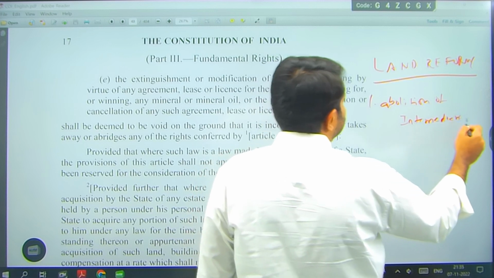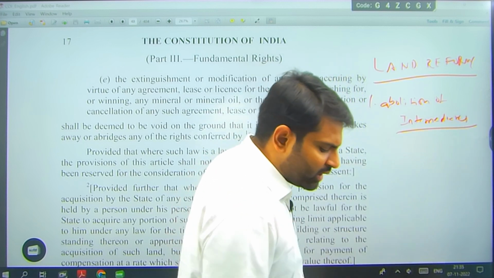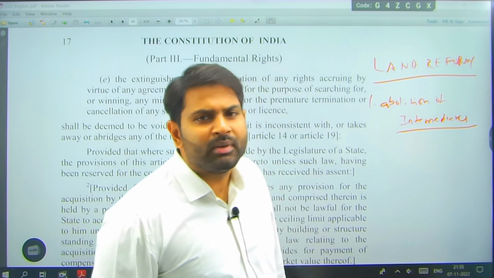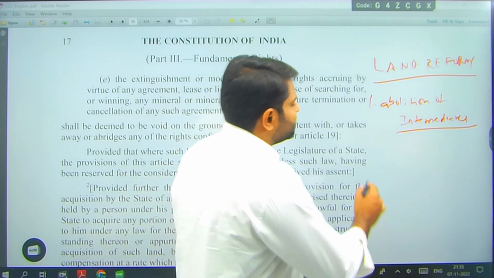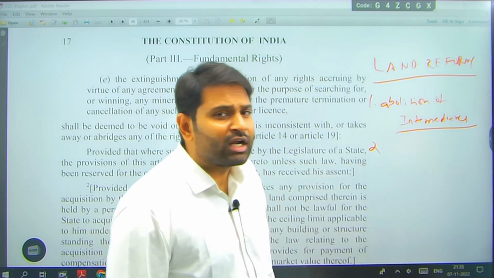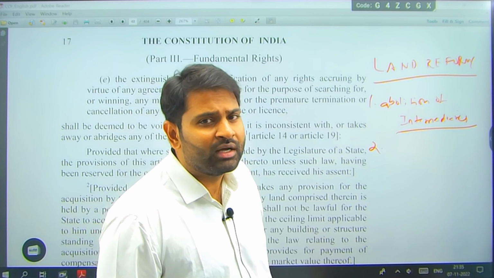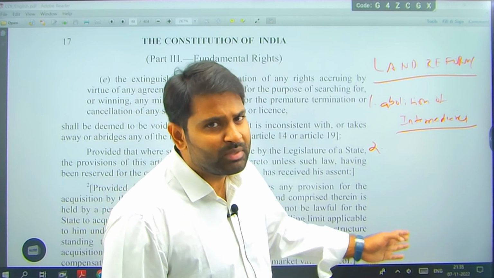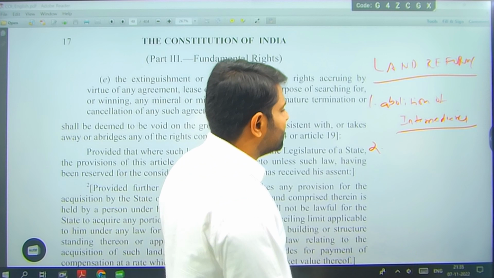I am removing the Zamindari concept, I am removing the Ryotwari, I am removing those Mahalwaris or intermediaries, right? There is no person between the citizen and government now, unlike before. Between the citizen and the Britishers, we had Zamindari, we had Ryotwari, we had Mahalwari. Then land